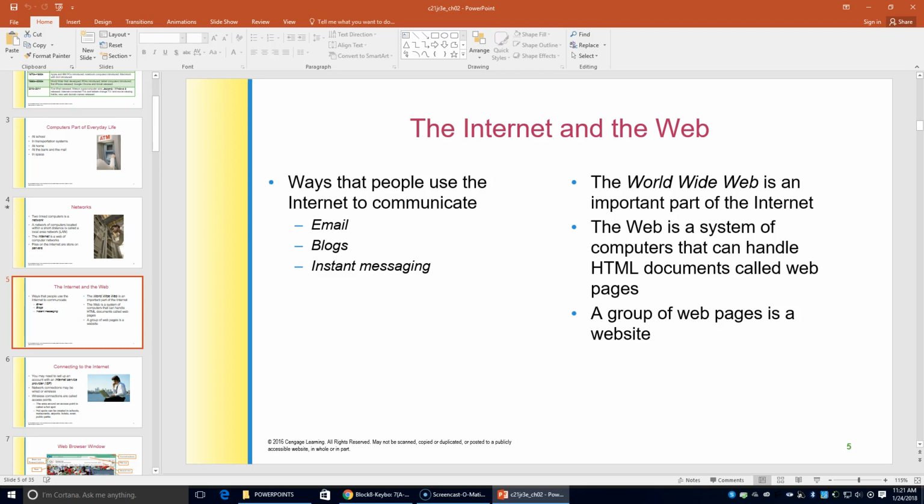Blogs and instant messages are also popular uses of the Internet. A blog allows users to post messages for others to read. Blogs are usually organized around a particular topic, such as music or sports, or around people's lives. There are blogs for millions of different topics and people. Instant messaging allows users who are online to exchange messages, and the messages are displayed almost instantly for the person